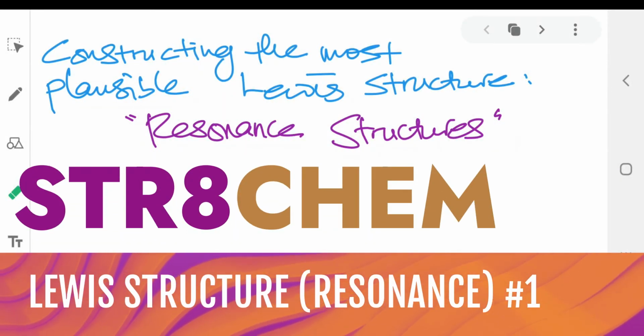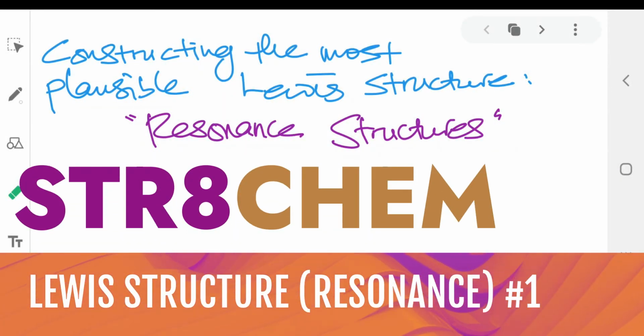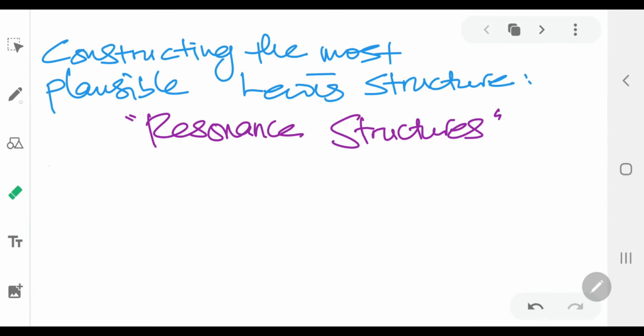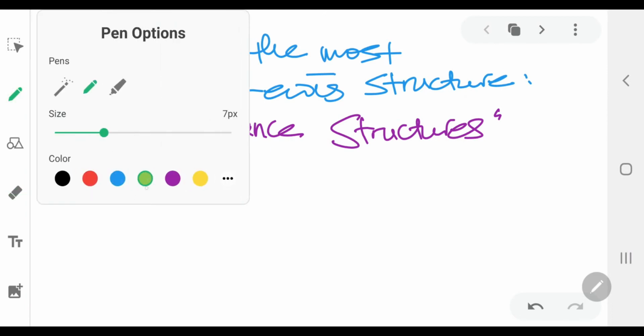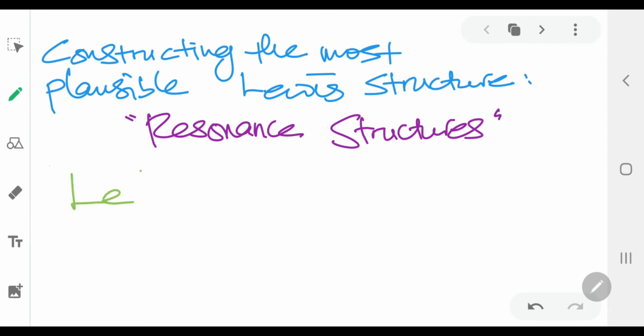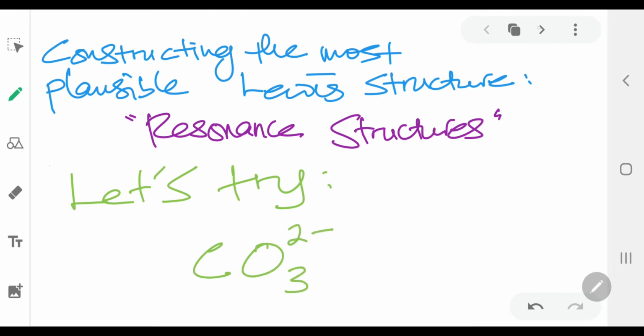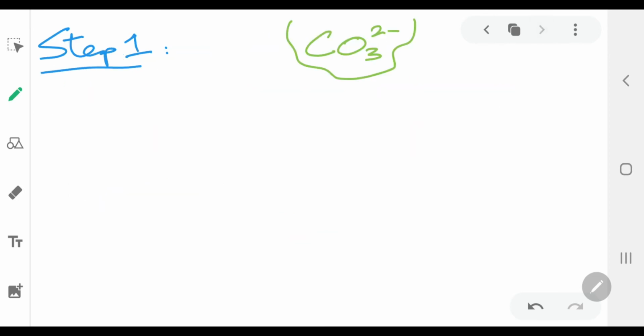Hello everyone, welcome back to our STR8CHEM session. Today in STR8CHEM, we're going to look at how to construct the most plausible Lewis structure for resonance structures. We're going to look at the example of CO3 2 minus. So the first step is similar to what we have done before for the non-resonance structures,